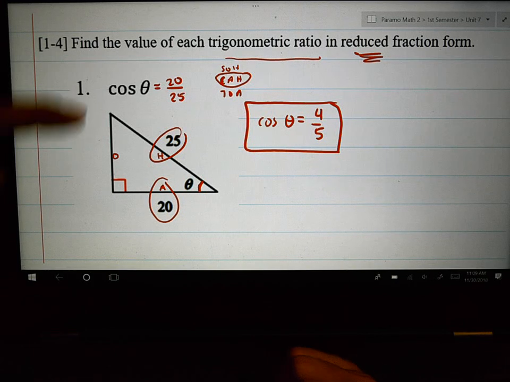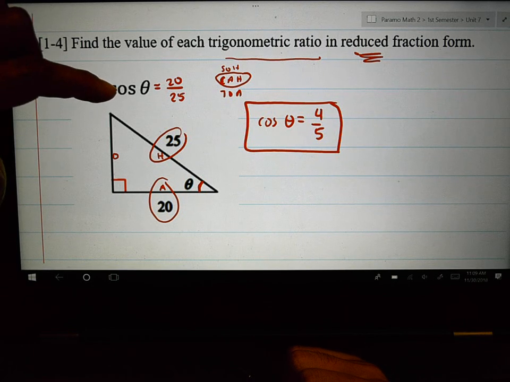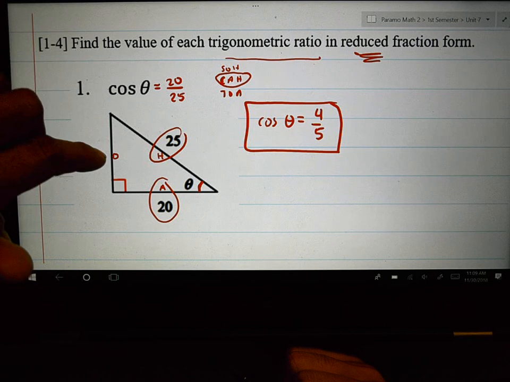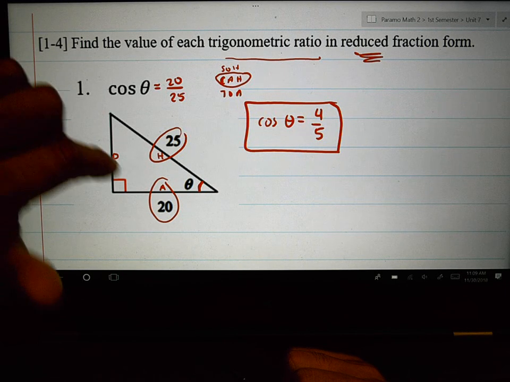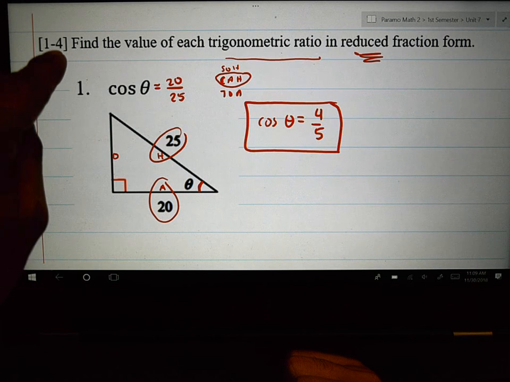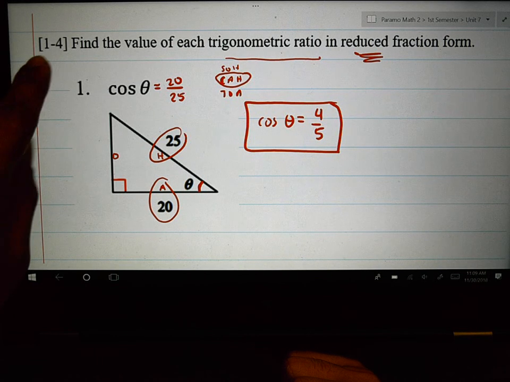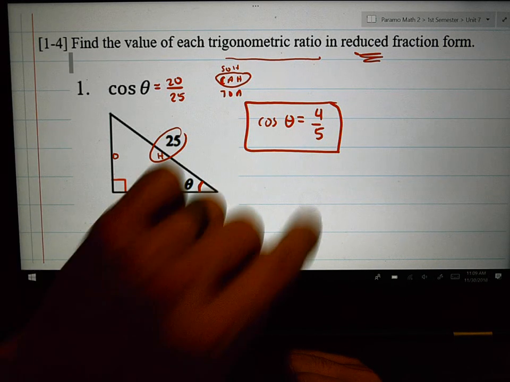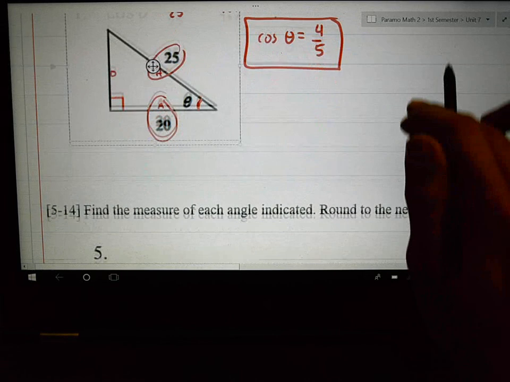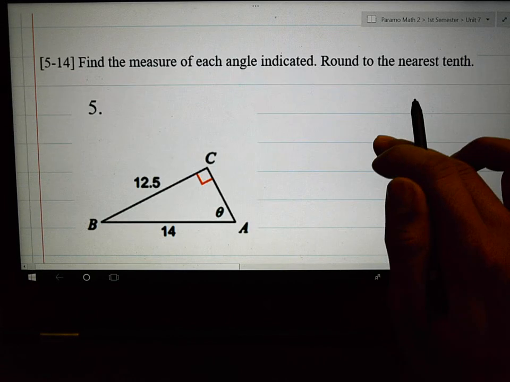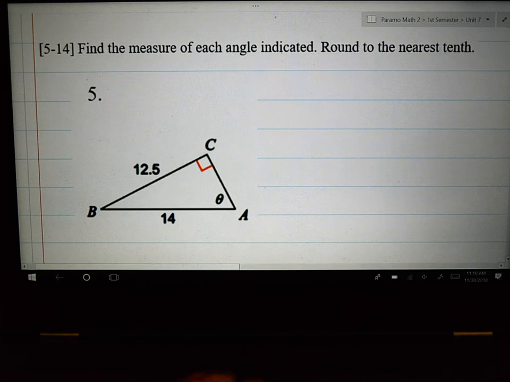By the way, if they asked you for the sine of theta, you would use the O over H. If they asked you the tangent of theta, you would use the O over A. They just want you to do what we did in 7.3 on the first 4 questions of this worksheet. That's the old stuff. The new stuff starts on number 5. So let's look at number 5,